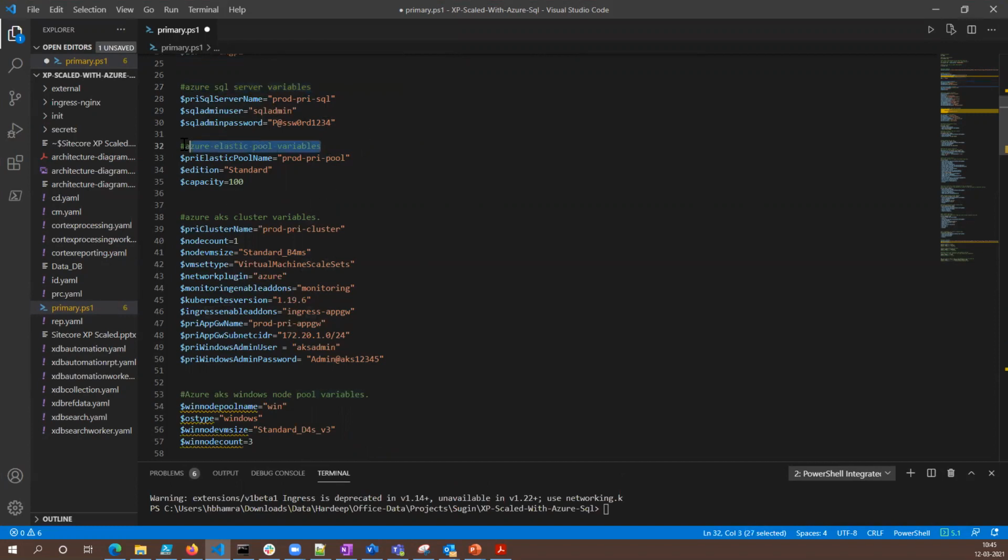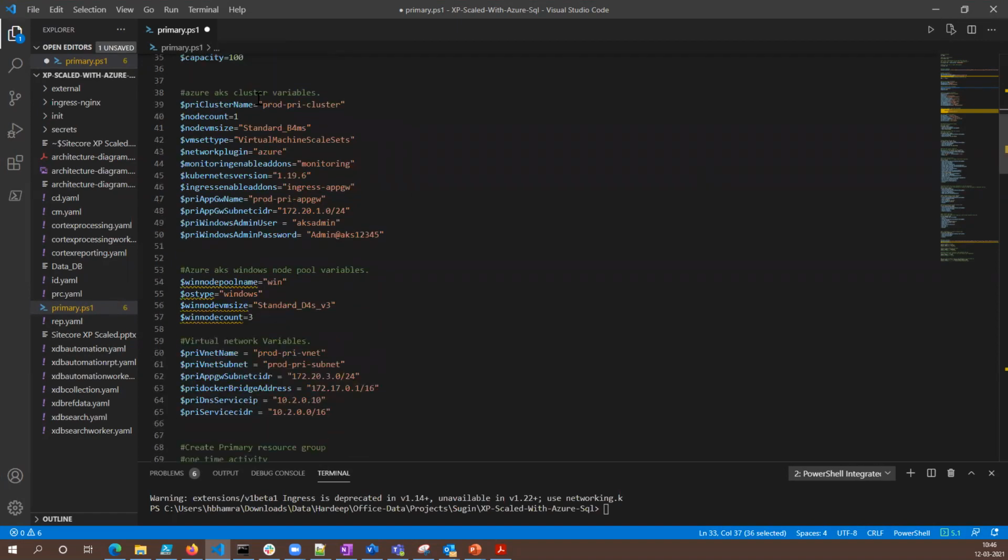The elastic pool variables, the elastic pool name. The elastic pool, as you would know in SQL, is needed. You can have different versions when you set up the SQL services. SQL as a service comes in different flavors. One is the elastic pool, and the other is going to be the standard edition or the standard tier. Elastic pool is always preferable and cheaper. So I've always gone ahead with the elastic pool, even in some of the other projects that we have been working on, unless specifically defined.